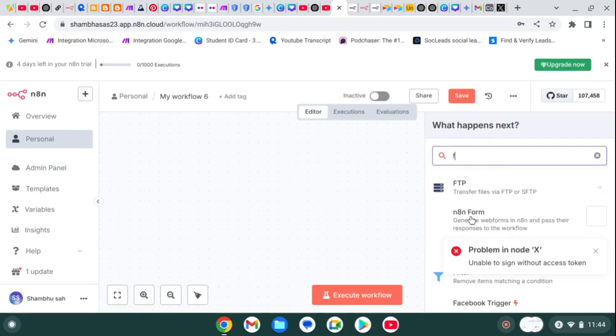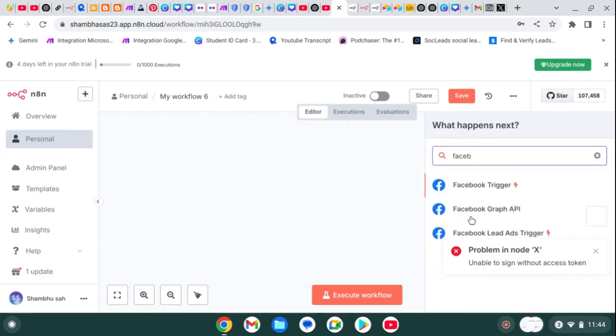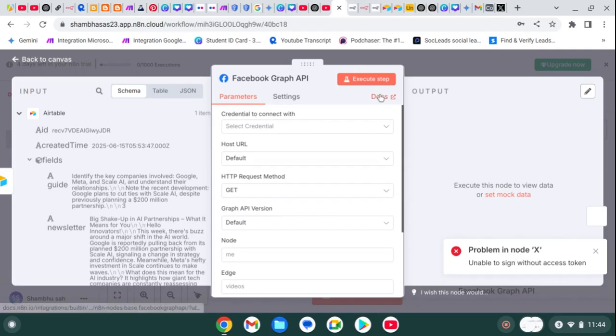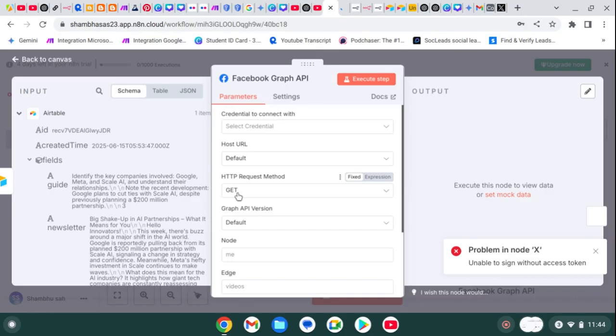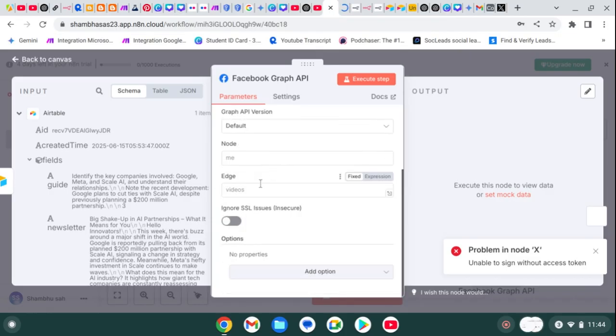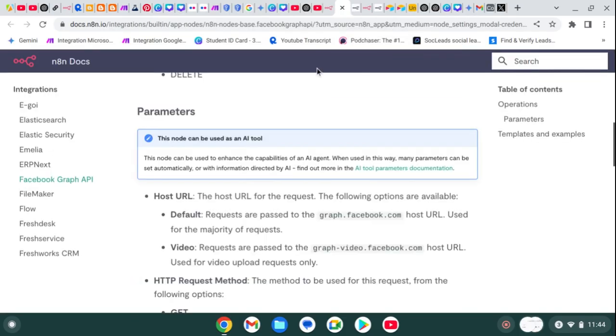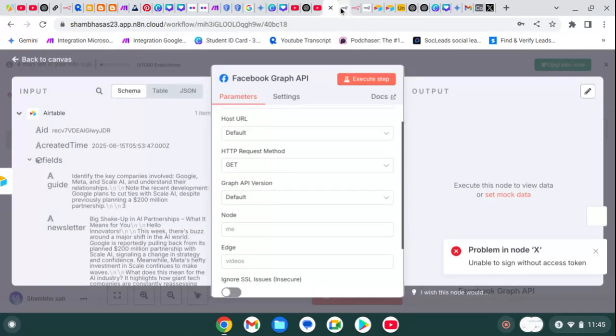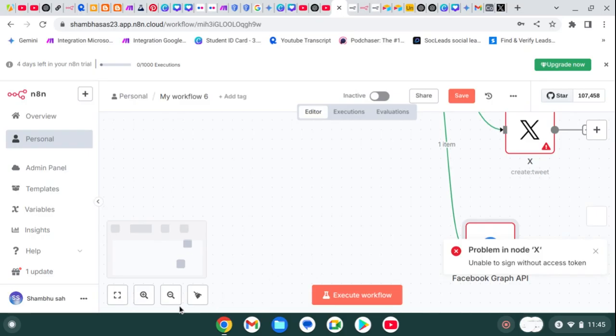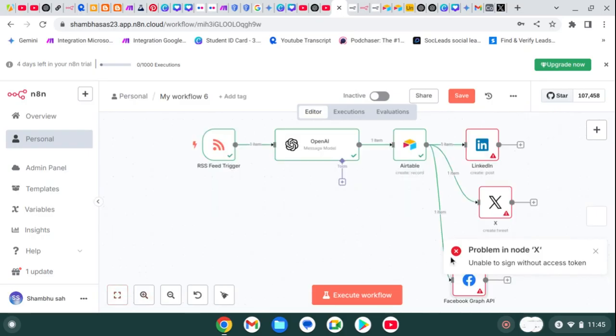So n8n provides the guide. We simply need the Facebook Graph API, and here you can see the guide, and simply take this guide. This guide is for every LinkedIn, Twitter, every setup node, and simply read this and set up, and it can post. So I don't do this. I simply close this,